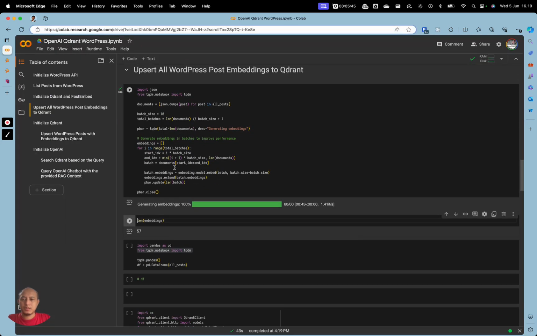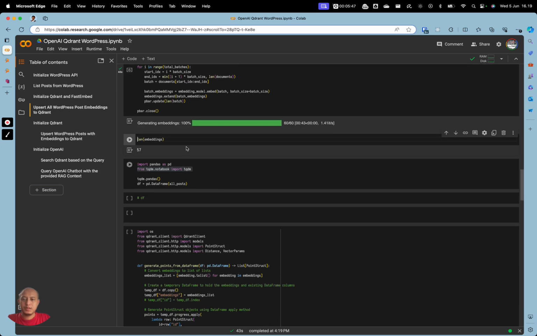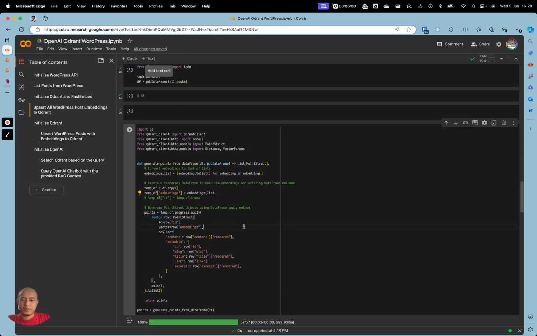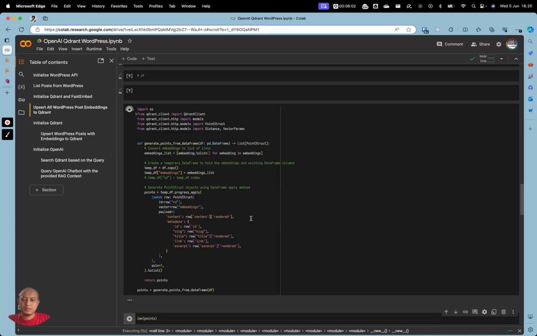Okay, the generated embeddings are done, and now what we will do is generate the points from that data frame of posts.